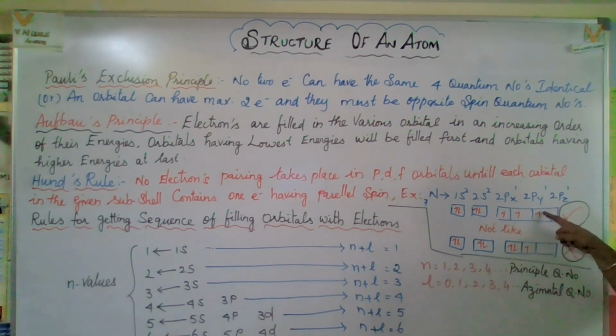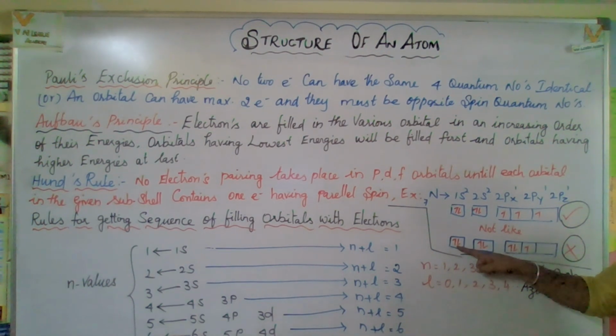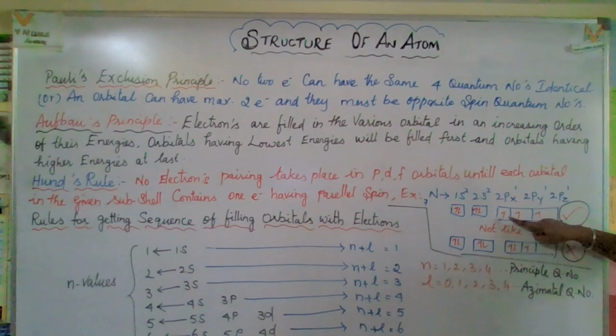See, 1, 1, 1. Suppose you just see the side here, two electrons are there, two electrons are there, whereas here, three electrons are there, so first two electrons are filled, then again one. No, it is wrong. See, I purposely put it wrong. It has to fill only the single electron. Suppose there are extra electrons, it will go on to the doublet.